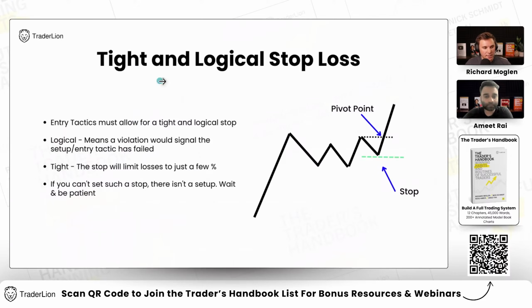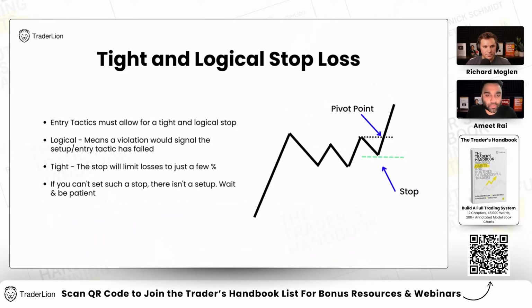They will allow you to manage risk at the next proper entry tactic. So this concept, tight and logical stop loss, is something you really want to internalize and always be thinking about before you make a buy decision. Always think about, am I able to place a tight and logical stop here? If you can't, likely you're buying extended after a stock has already moved from a proper buy point, and you just have to wait for the next potential entry. Ryan, anything you want to add on this concept, tight and logical stops?